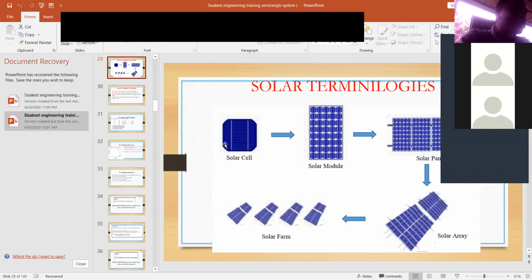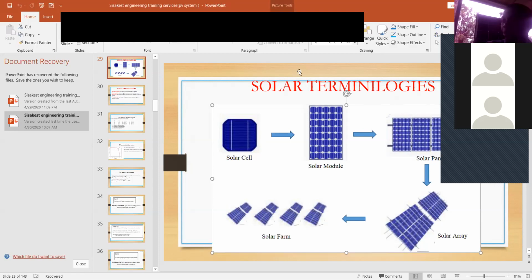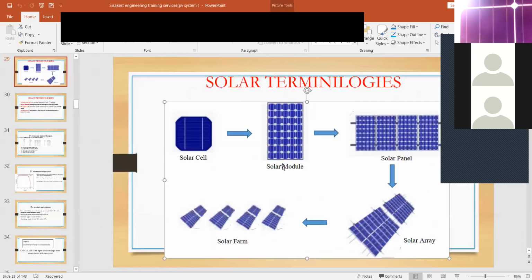Yes. So last time I was able to show us that when you combine solar cells together, you form something called a solar module, like something you are seeing currently. When you combine modules together, you form something called a panel. When you combine panels together, you form something called